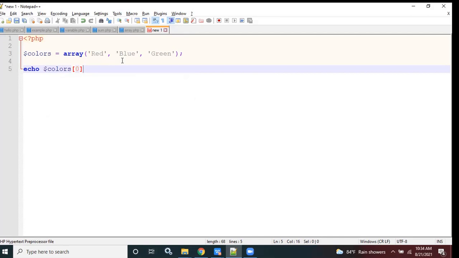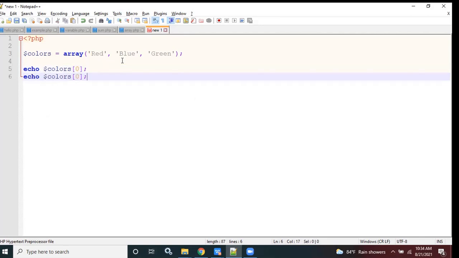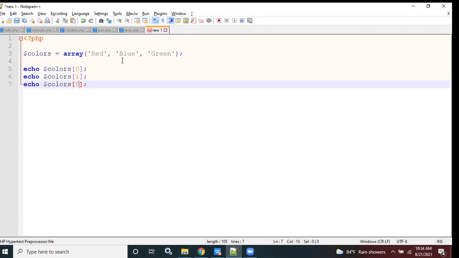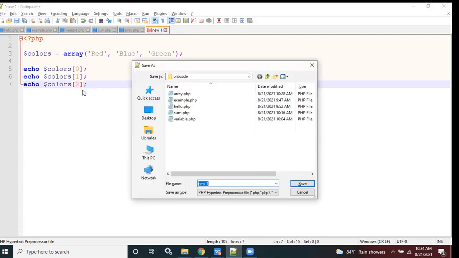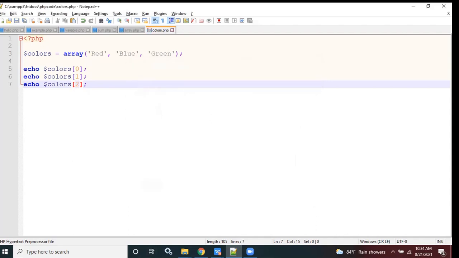It will print red, right? Same like that, you can say 0, 1, 2. So these are the colors that are in our array. So I'm going to save this as colors.php, and if I'm going to run this,